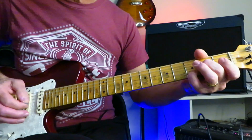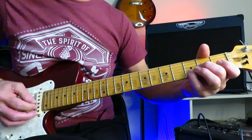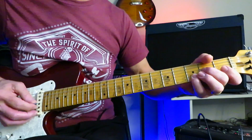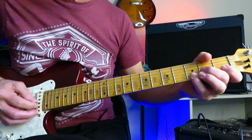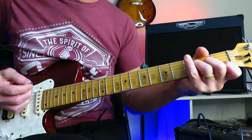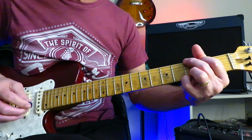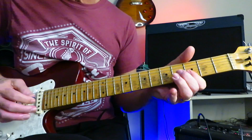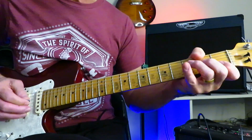This time, he's going to do that bluesy little lick here. 3 of the high E, bending the 2 of the G. Pick it a couple of times at the top and release, right? Back into F sus2. G, repeat the third one, grabbing that little double stop on the 3s, F sus2 again,